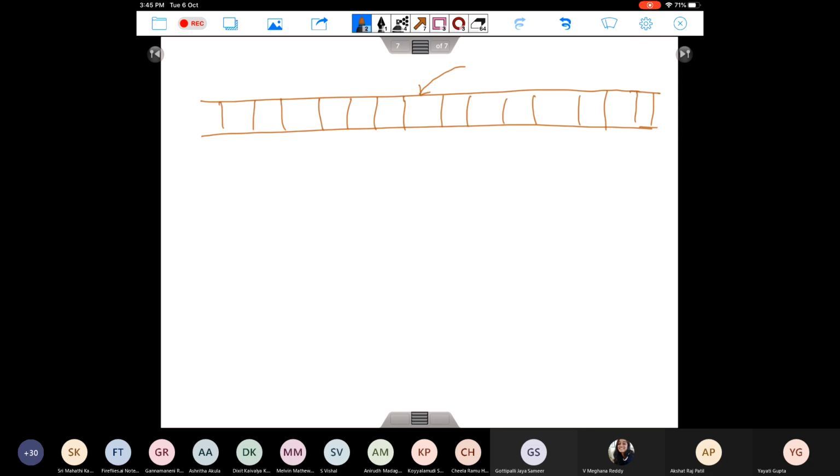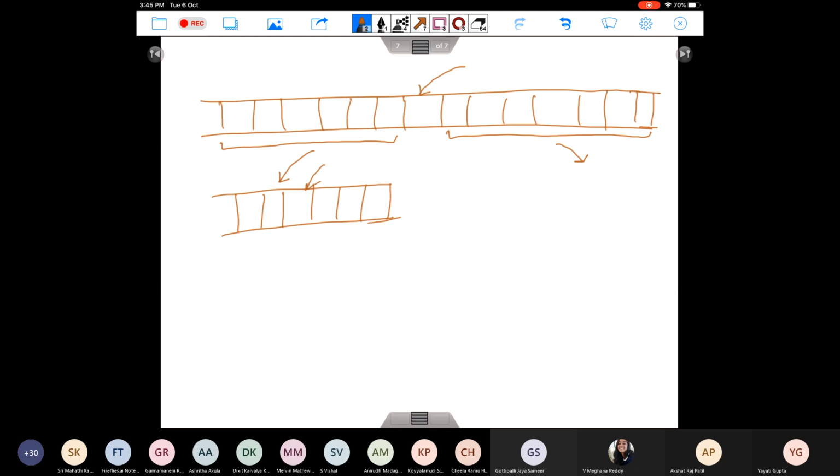done. Otherwise, I pass this entire array to one person and ask him to search in this array, and this particular portion of the array to the second person and ask them to search for the element in this second half. And again, these two people will do the same thing. As we discussed, recursion is sort of a lazy approach where nobody wants to do the work. So when this person gets half of this array, this person will also just look at the middle element here, right? And if he gets the element I'm searching for, he's going to return that element, return the index.